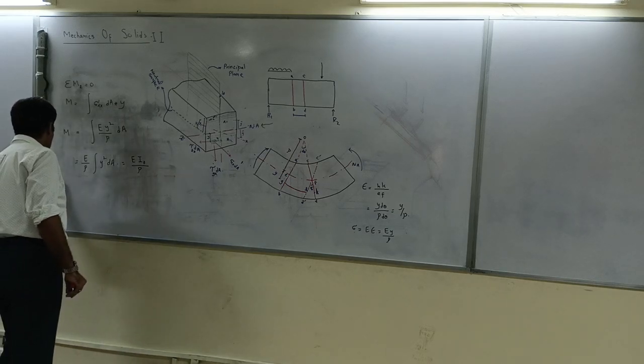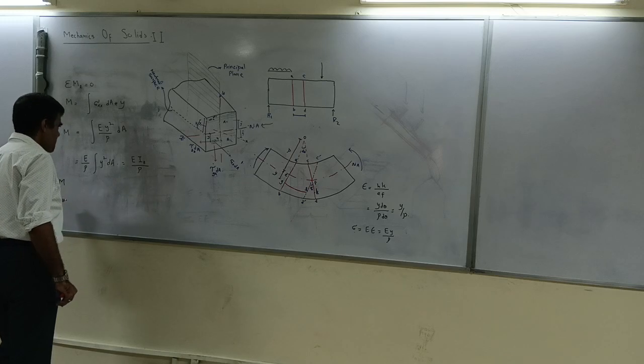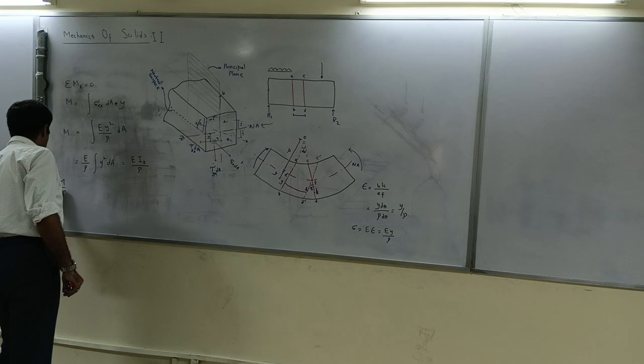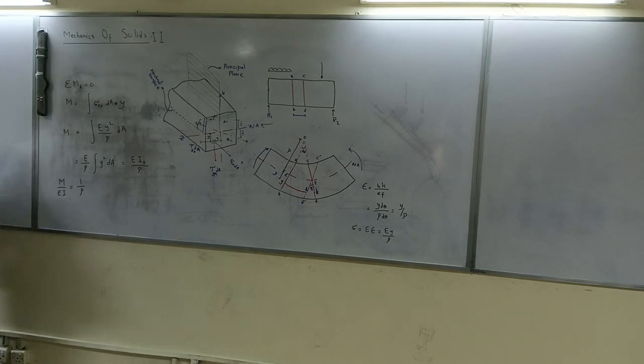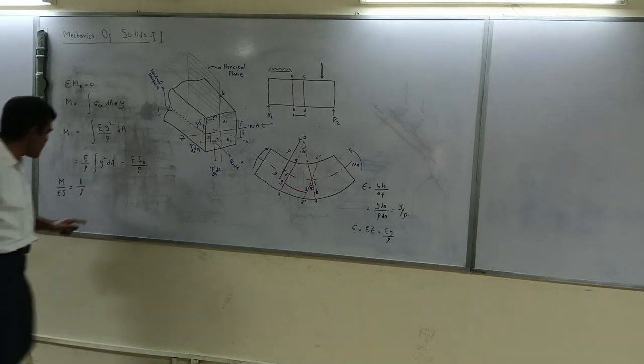So M over EI is equal to 1 by rho. You can write that. So what does this equation tell us? This equation is telling us